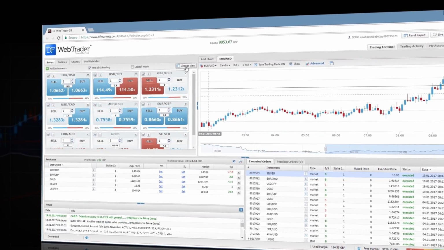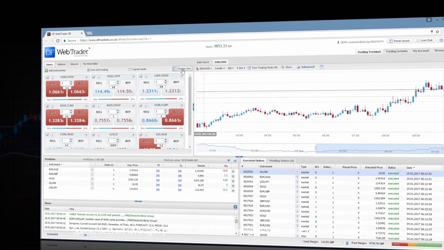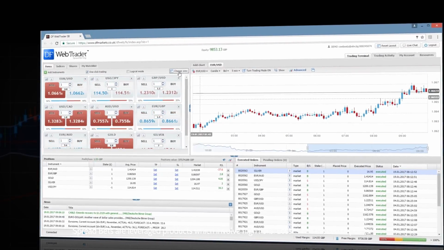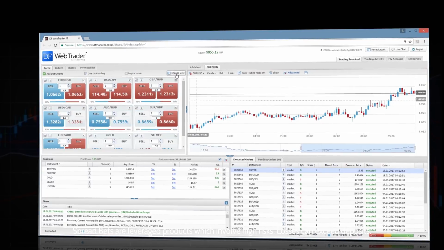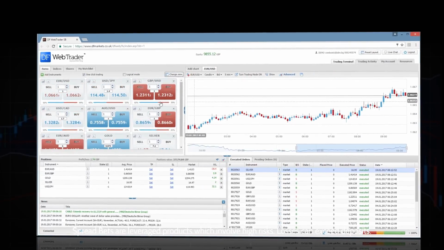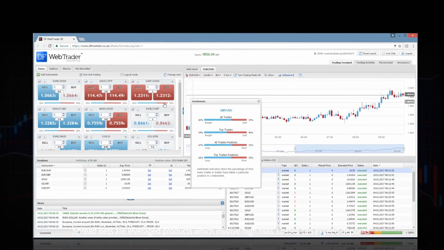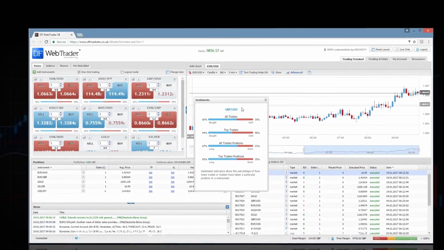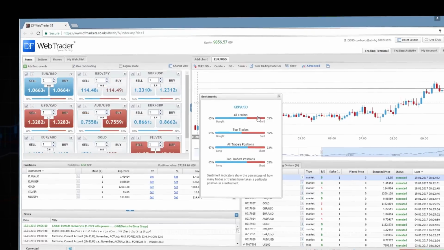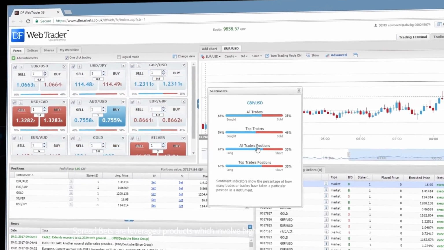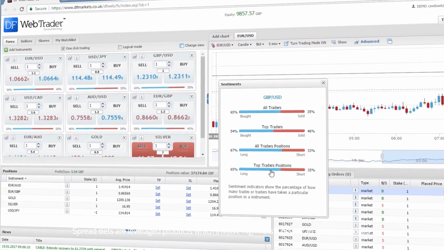The Sentiments feature allows you to see how other clients are trading that market and what their preferences are at any given time. Click on the ribbon at the bottom of each price window and it will expand into a drop-down to give you the percentage of buyers and sellers arranged into different categories: all traders, top traders, all positions,